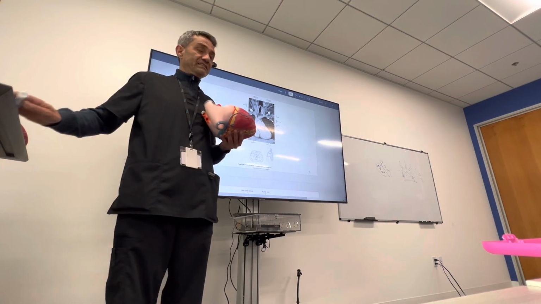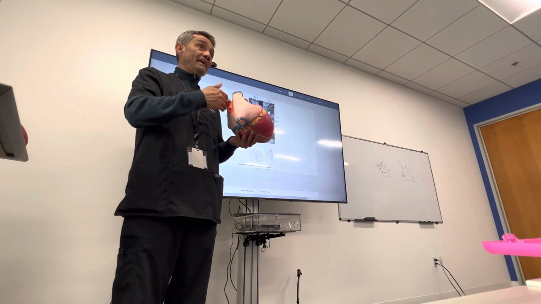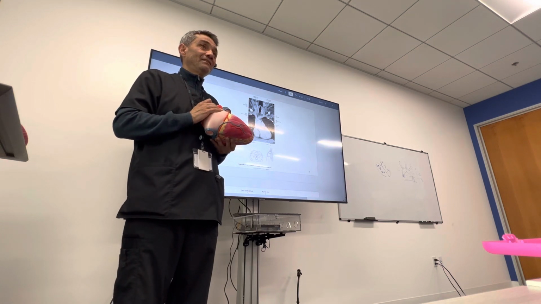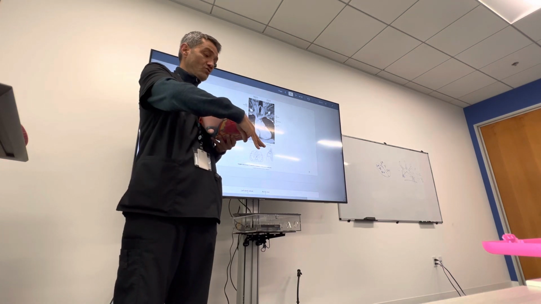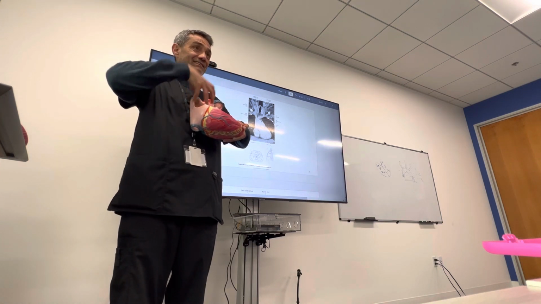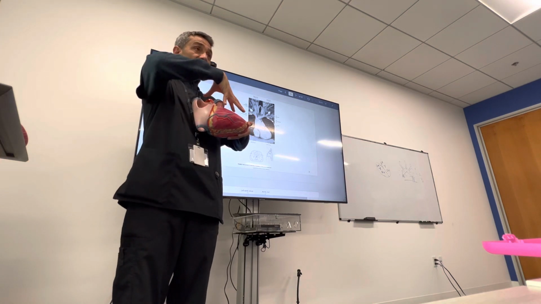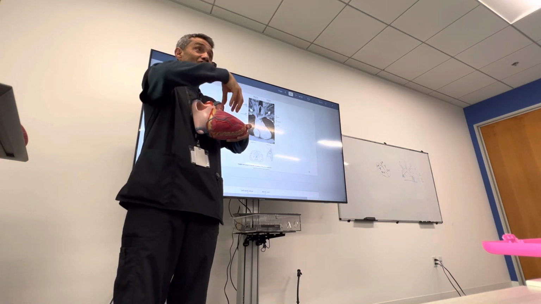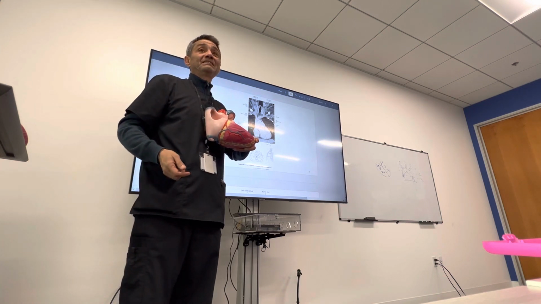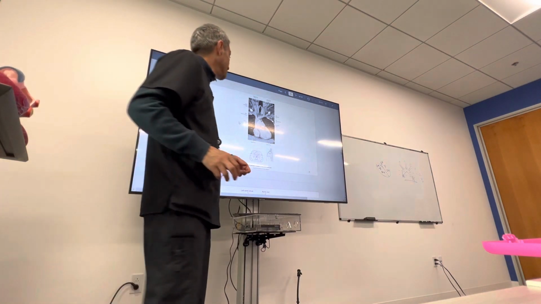Because your heart is like this. It's angled, tilted toward the anterior. So the base of the heart is more toward posterior, like this, not like this. So when you cut coronal, like this, I'm going to see this and this. So the cut is this way. We took this part, so this and this are gone. So I'm seeing this and this. Make sense? Sometimes they're a little confusing, guys. Anyway,